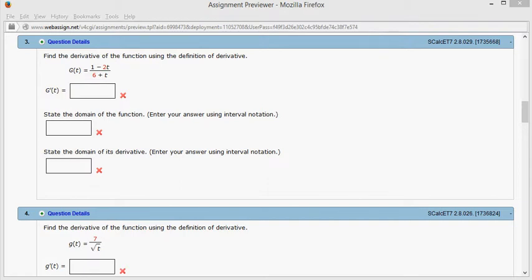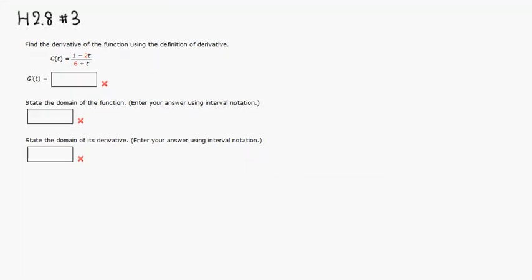Alright, let's look at homework 2.8, problem number 3. We want to use the definition of the derivative to find the derivative of this capital G of t. Alright, so let's do that. The derivative, capital G prime of t, is equal to, by definition, the limit